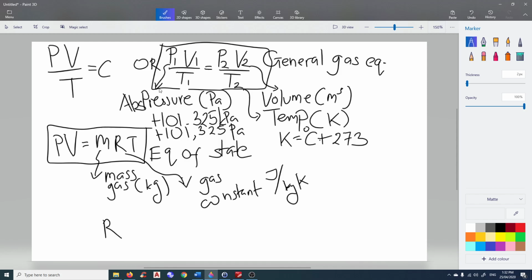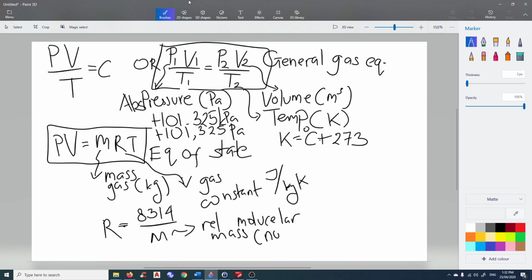R is normally given in many handbooks, but if you have to find the R, the formula is 8314 over M, where M is relative molecular mass, no unit. So don't worry too much with this R. In your exam it'll be given, and please also check your formula sheet for term 2. There's a couple of R values for